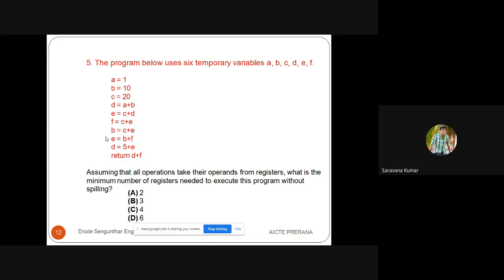Sir, 3. 6, 3. So the right answer is here. Answer is B. How? That is only what I have given as clues. So who said B? Three answer. Just give your name. Sir, Saravanan, sir. Super, Saravanan, very good. And who said 6? Saubernika. Saubernika, nice try. Very good, very good.